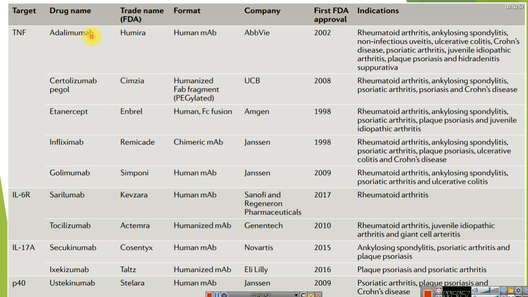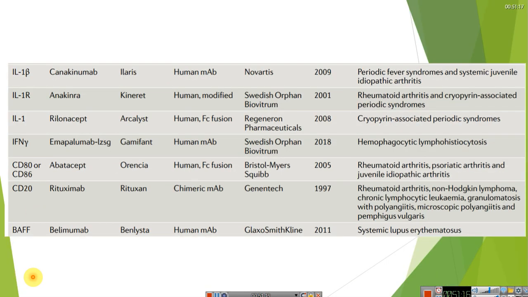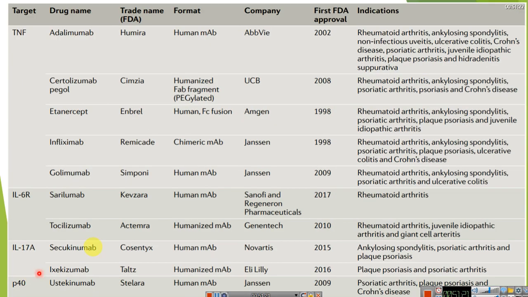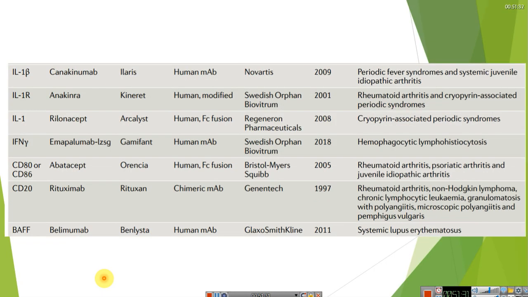Now we have different examples where many molecules have been complexed with antibodies to treat particular diseases. Okay, so I will request you to go through this. It's a very big list, and see what the uses of these products or drugs are. I will request you to go through it, read and appreciate.